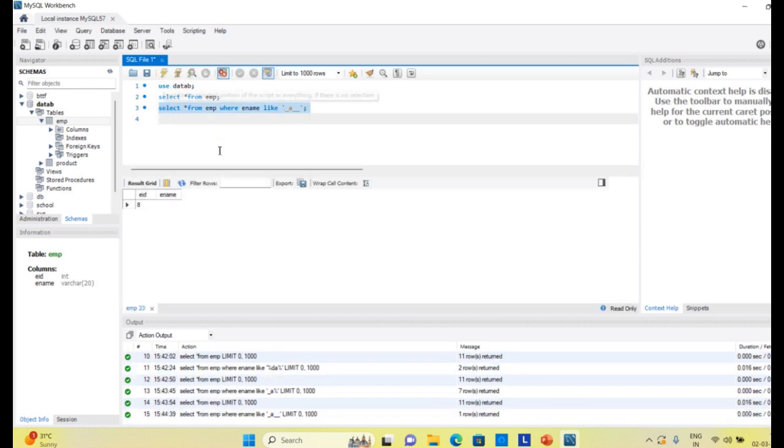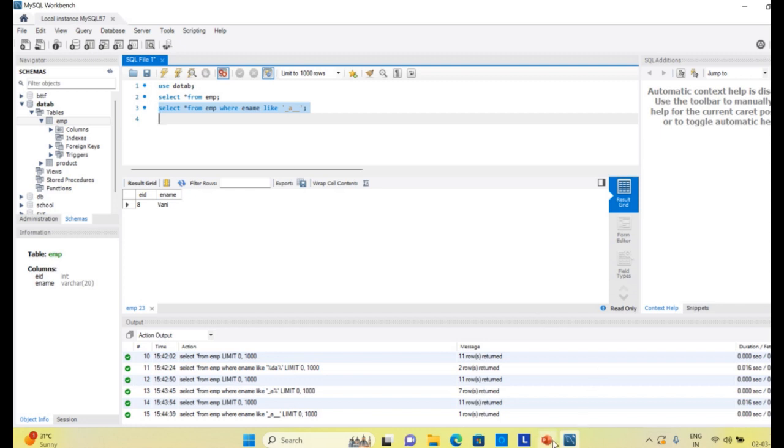So what you find is that Vani is a 4 letter word which has A as the second letter, followed by 2 letters, and we have used the like operator for that. We are using underscore signs and no percent sign here. We have just counted the length of the word using underscore, then put the semicolon. In this way we have used the like operator effectively to search a specific pattern in a particular column.